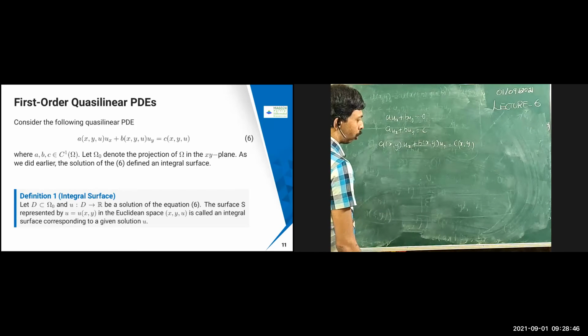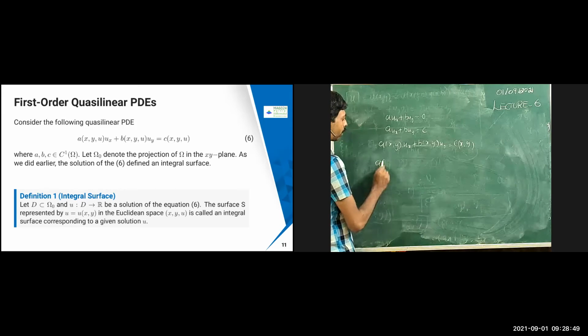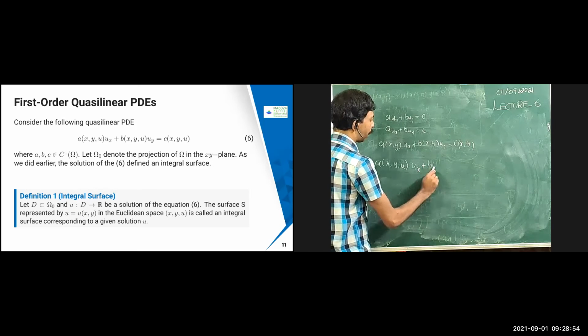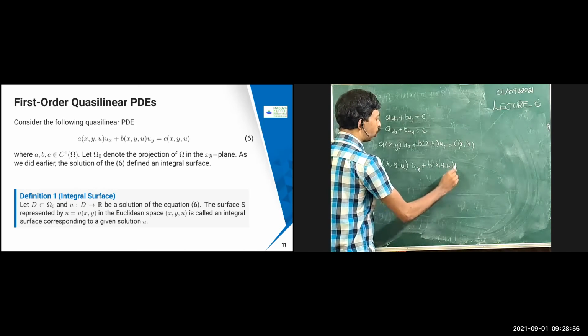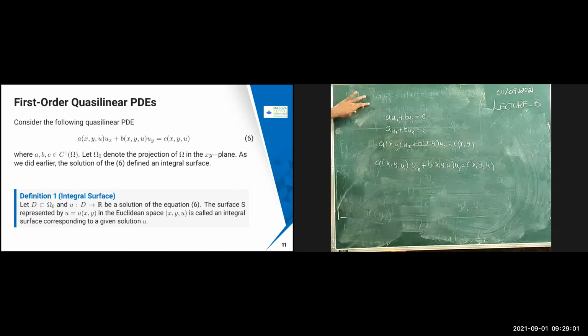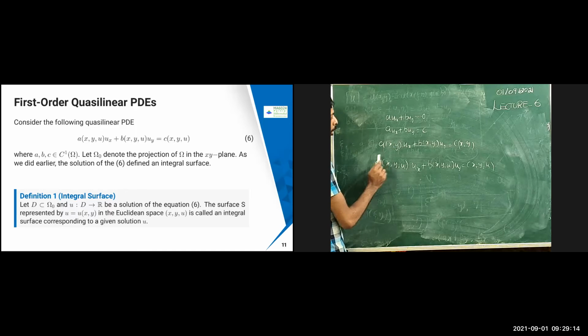But what I'm trying to do is solve straight away this problem: a(x, y) ux plus b(x, y) uy equal to c(x, y, u). So this is the sequence they used to follow. Some used to solve the semi-linear PDE also in between. But straight away I'm solving the quasi-linear PDE, because if I solve it, automatically the semi-linear PDE will be solved because it is a subset of that one. And this can also be solved because in that case u is not there.